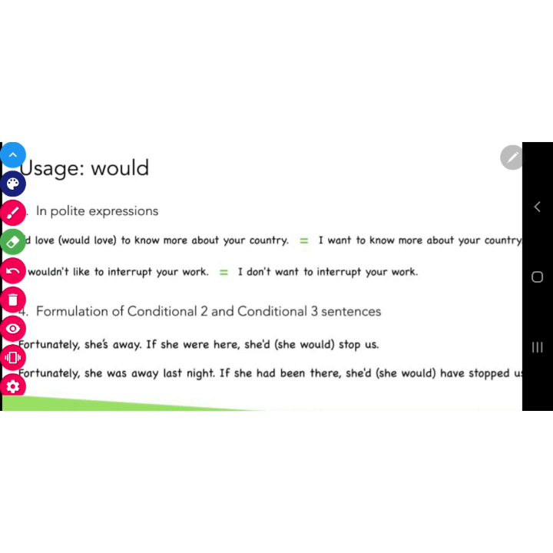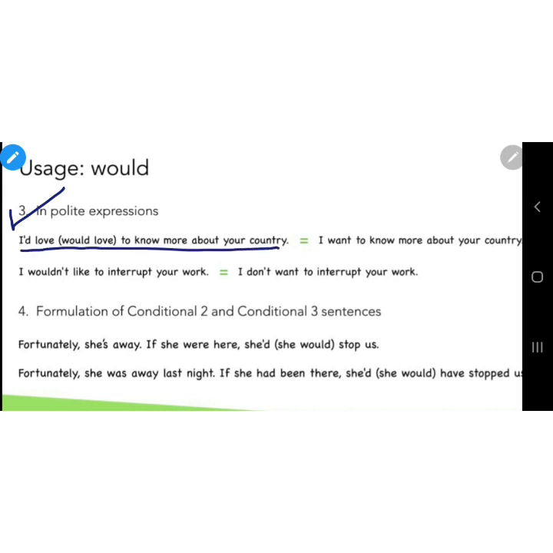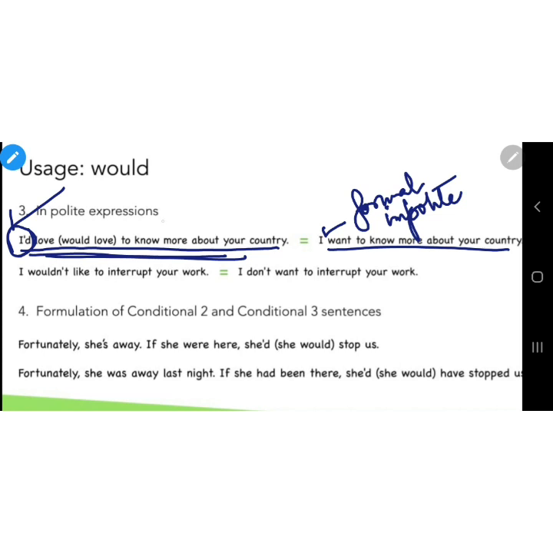Next, in polite expressions, I would love to know more about your country. I would love to know more about your country. I want to know more about your country. If we say, I want to know more about your country, it would be much more formal and, you can say, impolite. Not so much polite or refined, but this expression, I would love to know more about your country, is much more refined